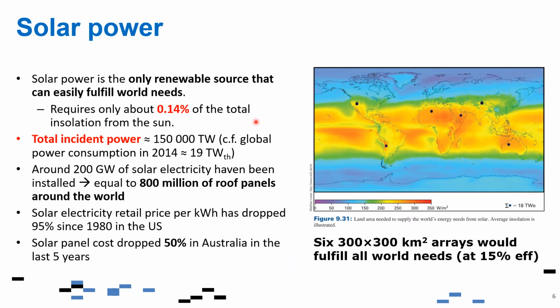So knowing the average flux as well as the insolation that the world is receiving, even so, it only requires around 0.14% of the total insolation from the sun to be able to power all of the world's needs in terms of energy. And so we receive a vast amount of solar energy that is around